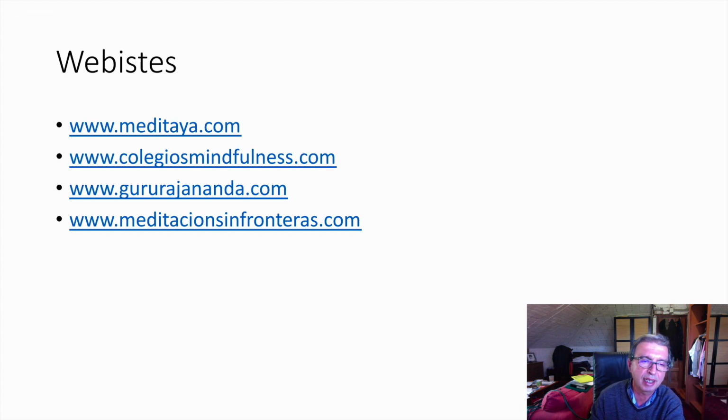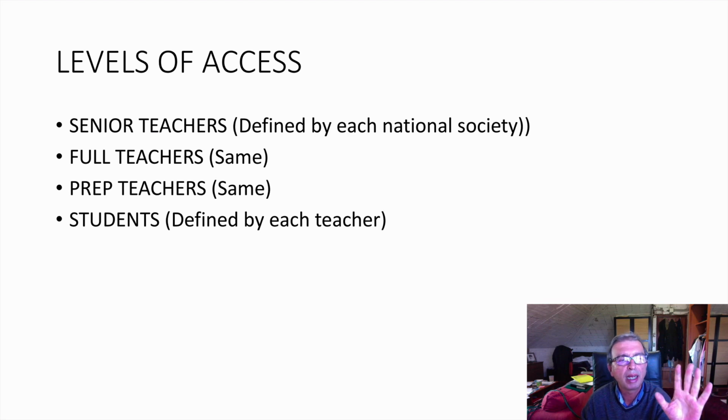Here are our webs that I will show you later, but basically we will have 3 access levels. Access levels for senior teachers, which will be defined by each national society. This will be what I call researchers. So our researchers will access all the material, bulk. And by accessing all this bulk material with good search tools, they will be able to create material for teachers. For example, what Jeff